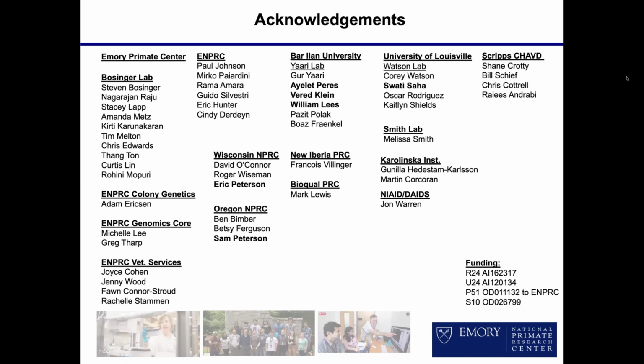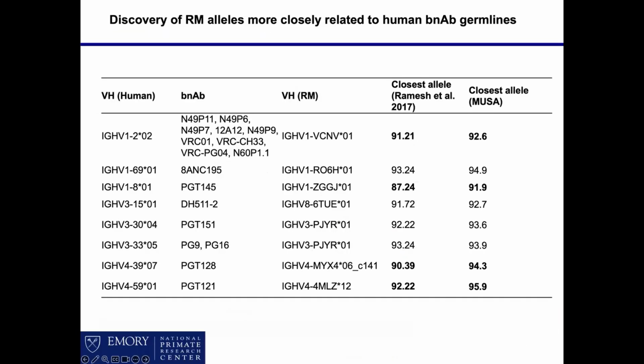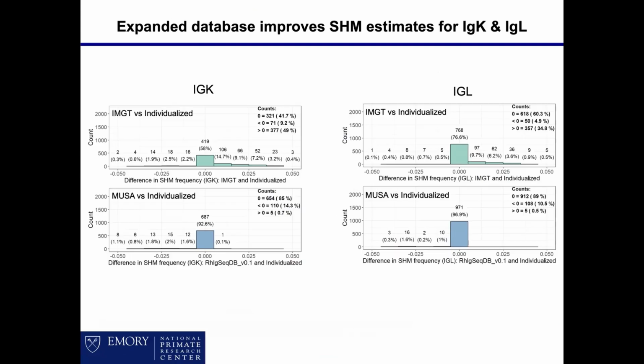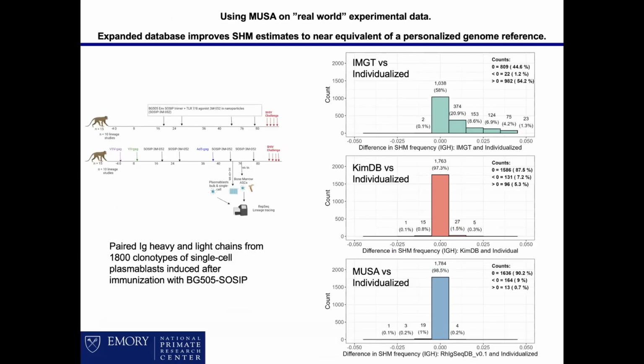Very hot take. Could you go to the slide again where you show the difference in SHM statistics if one did it in different ways? Can you explain again the x-axis? Difference in SHM frequency, but what kind of frequency? Is it nucleotide? Yeah. So these are what we were comparing. I didn't update it to MUSA. This is a previous name, but we settled on MUSA.